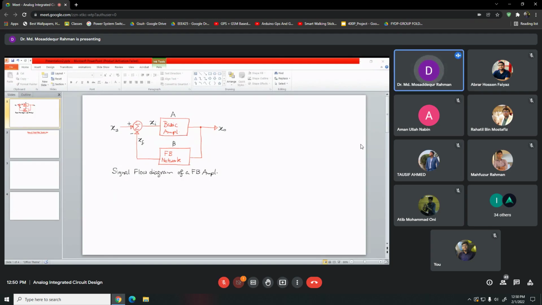So from this expression, if you see that our product A beta is much larger than 1, right, then we see that it reduces to 1 over beta. This A will cancel out and reduce to 1 over beta. So beta is completely determined by this feedback network, and which is